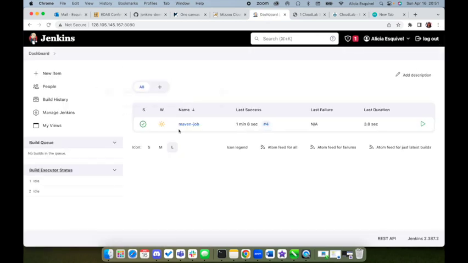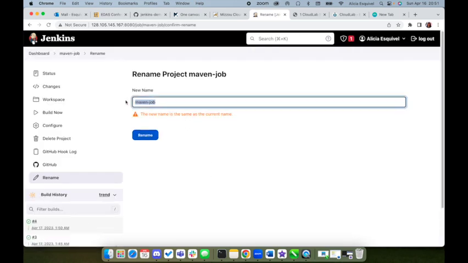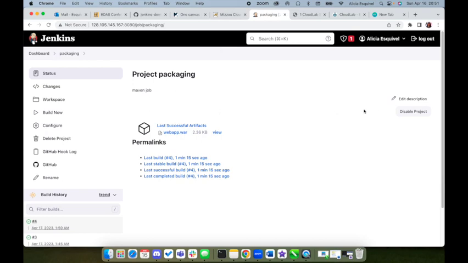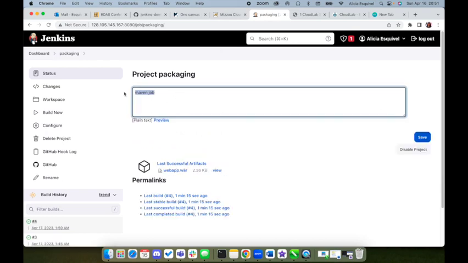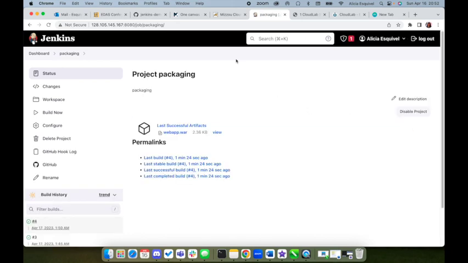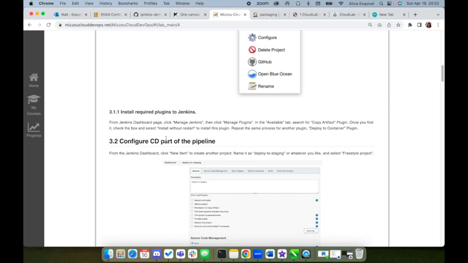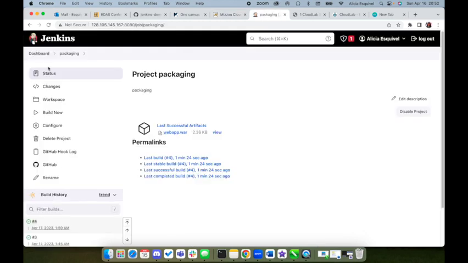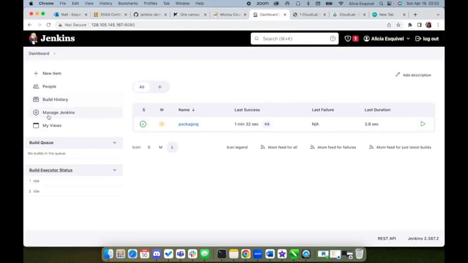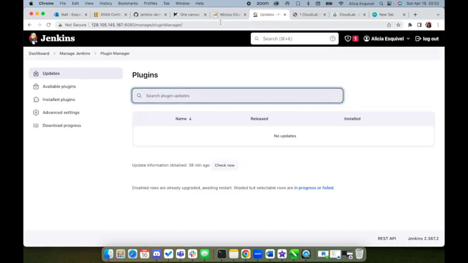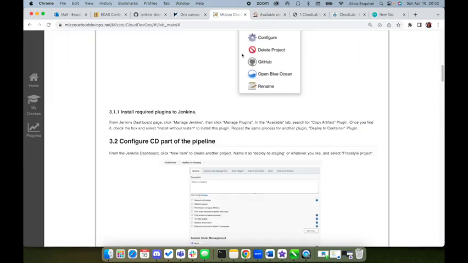Dashboard, Maven job, rename, change it to packaging. Now we have a different name, and we can change the description as well, just in case we get confused. We saved, and then we are ready here. We have to install certain plugins again, so we need to go back to dashboard, manage Jenkins, manage plugins, and then available plugins, and then we look for